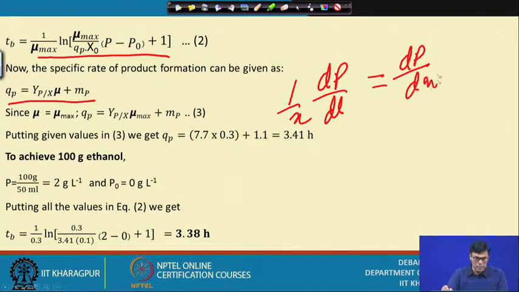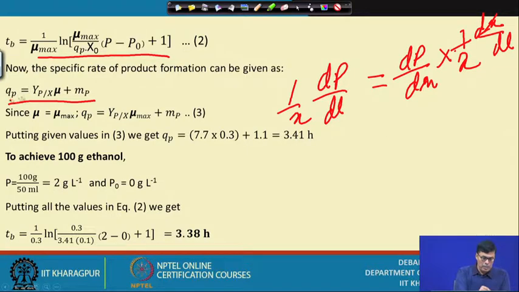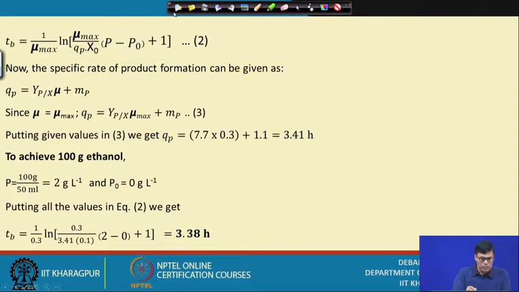And mu equal to 1 by x dx/dt. So this will cancel, so we can write the specific rate of product formation, and this is the maintenance required during the product formation. So we can write the specific rate of product formation is like this, and then we have this equation, and putting in these values we get Qp equal to